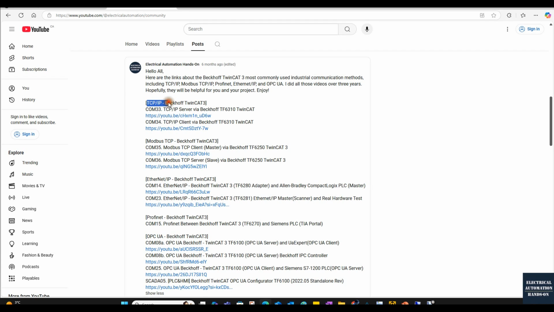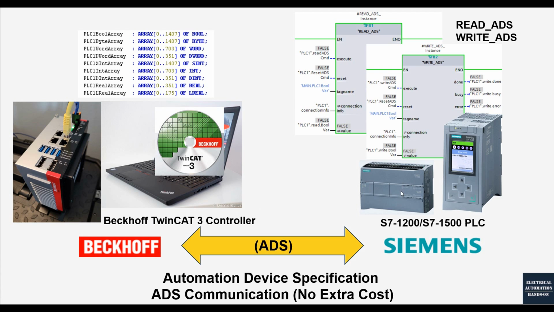However, all those solutions need the TF62 or TF63 something. Those are the software packages you need to purchase from Beckhoff. For example, TCP/IP is TF6310, and Modbus is this, and Ethernet/IP is this, and Profinet is this. You need to purchase them, but now in your system, if you have to set up Ethernet communication between a Beckhoff TwinCAT3 controller and a Siemens 1200 or 1500 PLC,